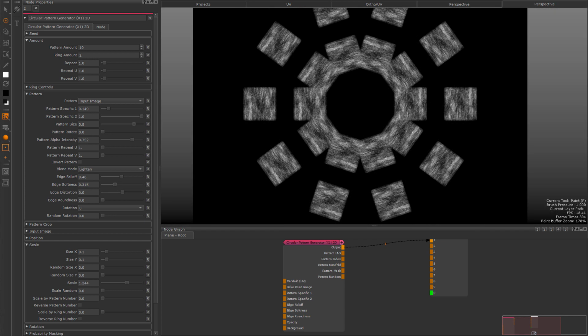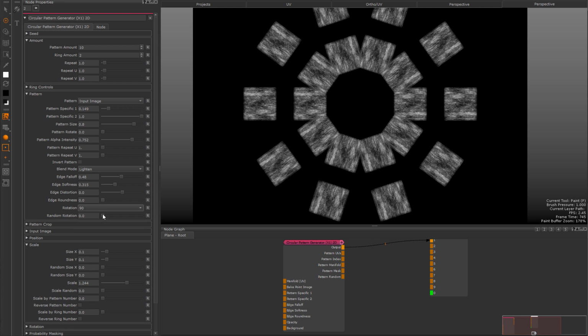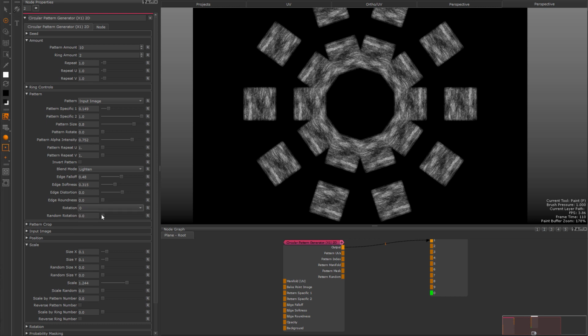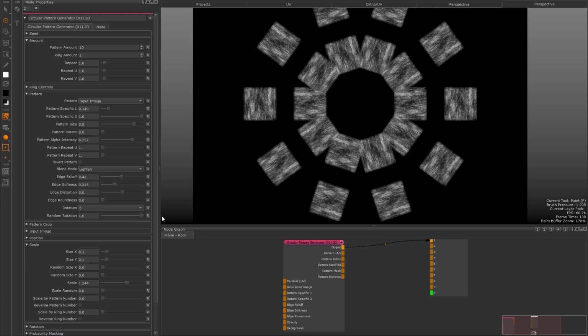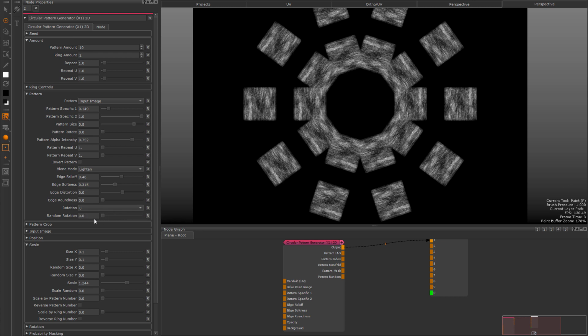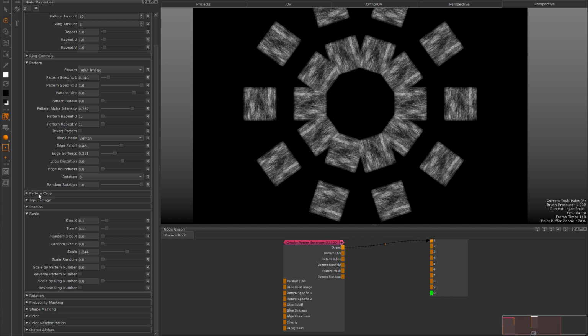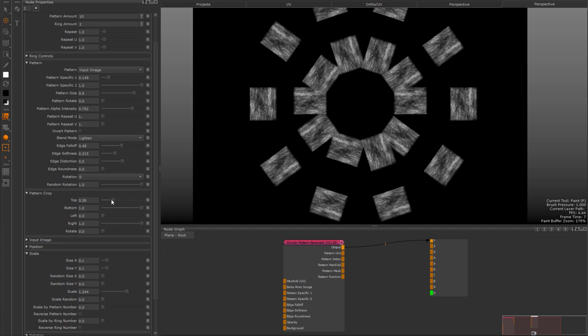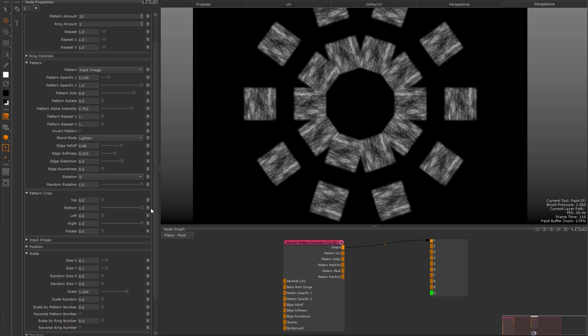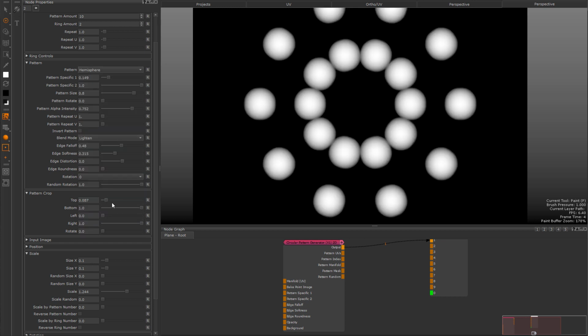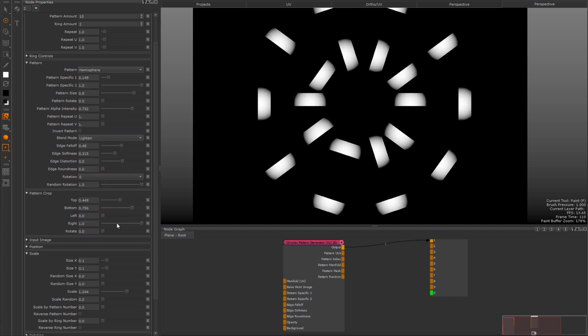As the last two items in this group, we have the pattern rotation options. These are settings to pre-rotate your pattern or image, or random rotate each instance in 90-degree increments. If you want to apply crops to your pattern, you can do so via the pattern crop options here. I find myself rarely using those, but it can be useful to create even more variants of procedural shapes, like